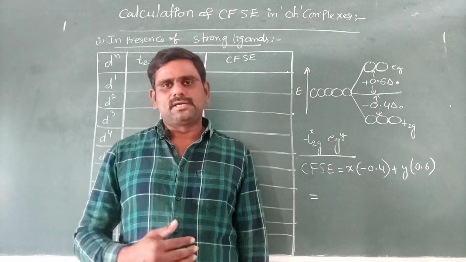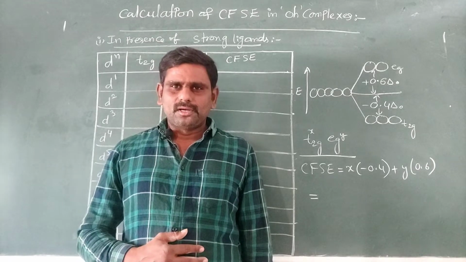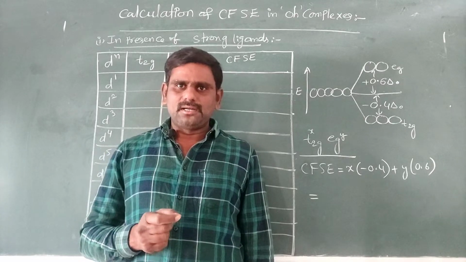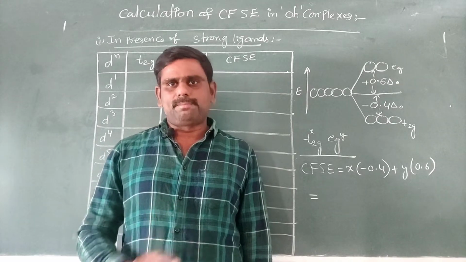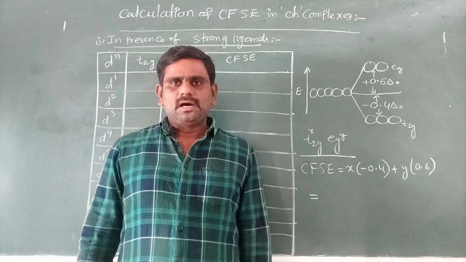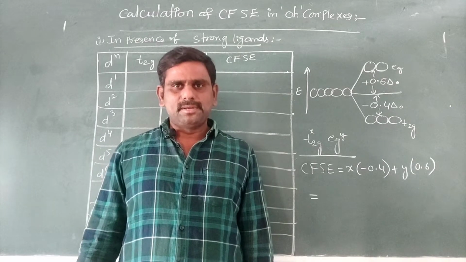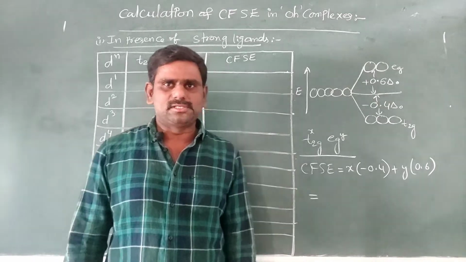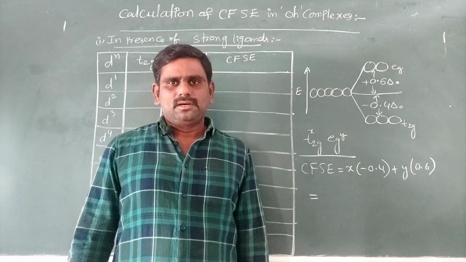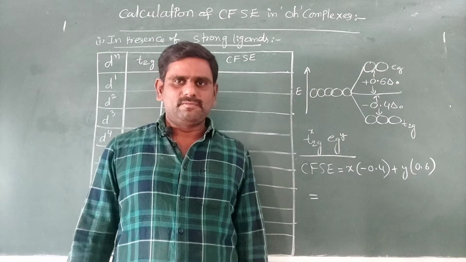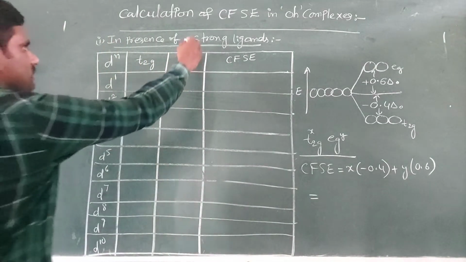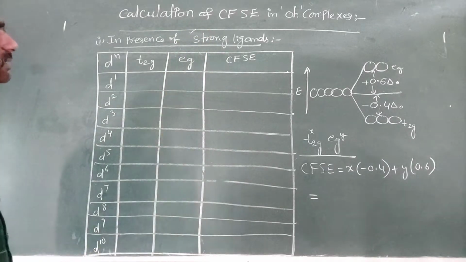of a weak ligand. We know that under the influence of a strong ligand, unpaired electrons present in the metal d orbitals are forced to be paired up during the formation of a complex. After the formation of the complex, what is the stabilization energy? Crystal field stabilization energy. How can we calculate the CFSE value for a given complex in the presence of a strong ligand, and in the presence of a weak ligand? We will discuss now. In this class, in the presence of a strong ligand, how can we calculate CFSE in